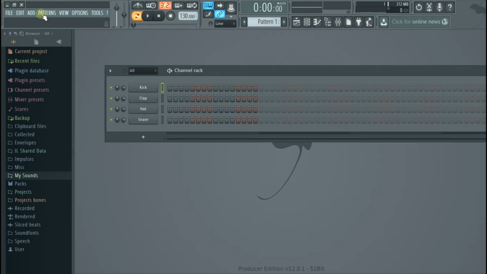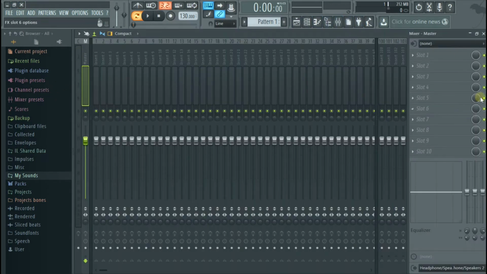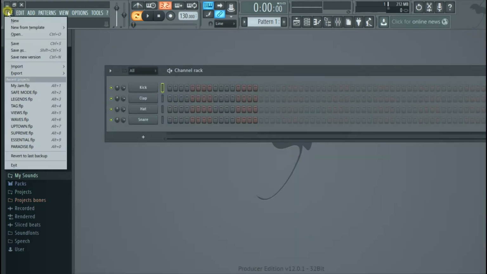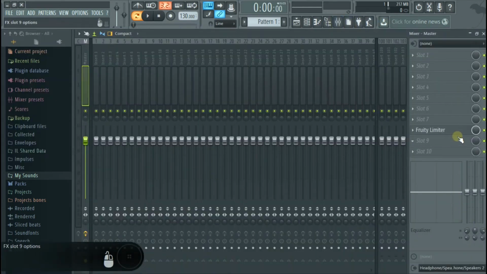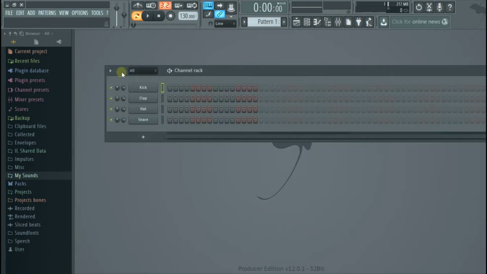But today the first thing is your master track. On your master track, you can see mine here is empty, but on the default it's not going to be empty. Yours is going to have something like this. It's going to come with a limiter. I'm not saying a limiter is not good. It's very good, it's very important, but you're not going to need it in the process of making your